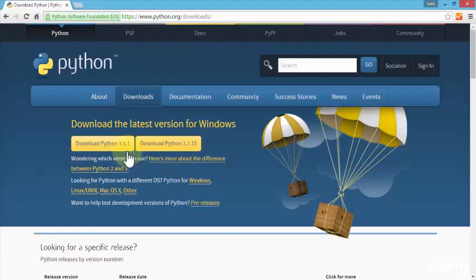But why would you want to download the older version? Should there be just one latest version so everyone can download this? Well, here's the difference between the two downloads. The reason why programmers and developers download the earlier version, which is 2.7.11, is mainly because of the library support. In other words, there are tons and tons of programmers that create code that is written in this